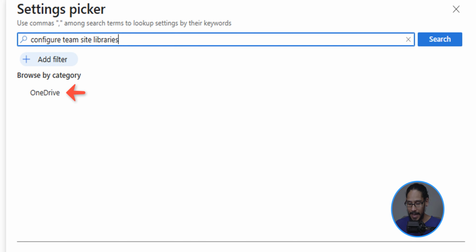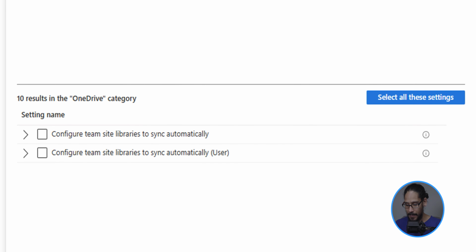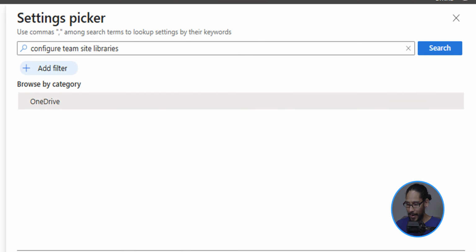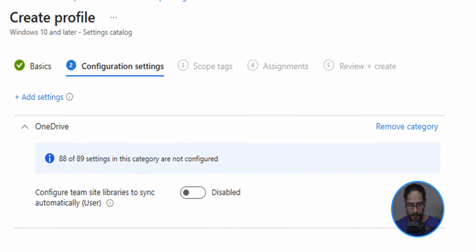So let's select OneDrive, and at the very bottom, you have two options. Now, the first option is for devices and the second option is for users. We are going to be doing the user level. So I'm going to give it a check mark. And on the upper right-hand side, we're going to click on the X to close the side bar. Now it is time for us to configure.